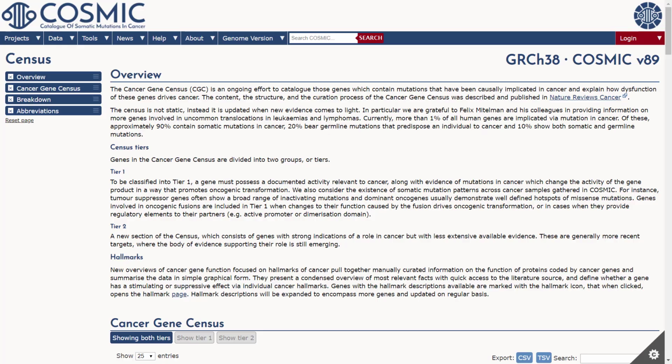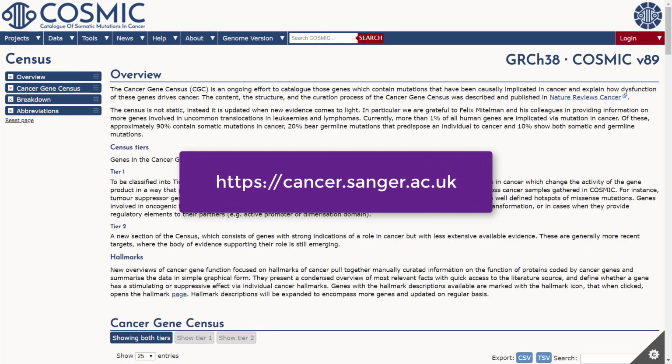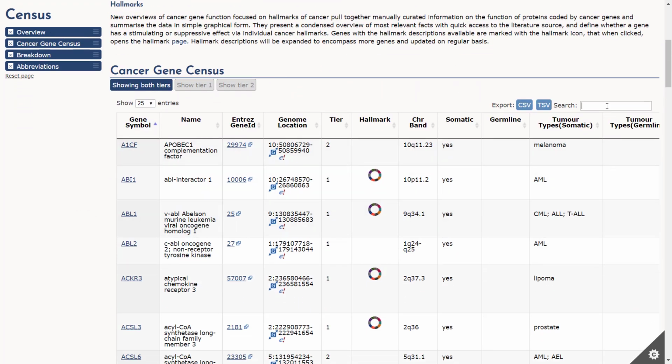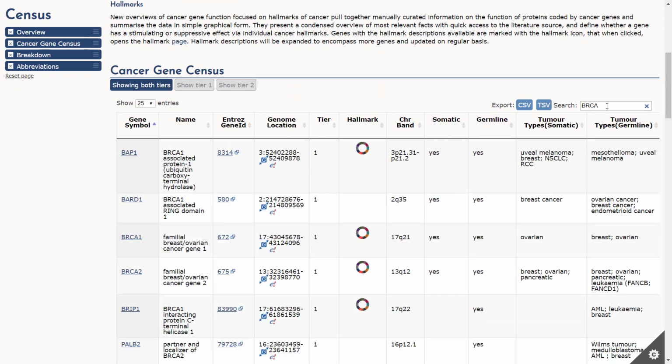Let's get back now to the Census Gene website, as some useful information can be found there in this regard. We will search for the keyword BRCA. In the results table, we can see a set of genes whose name or description includes the phrase.